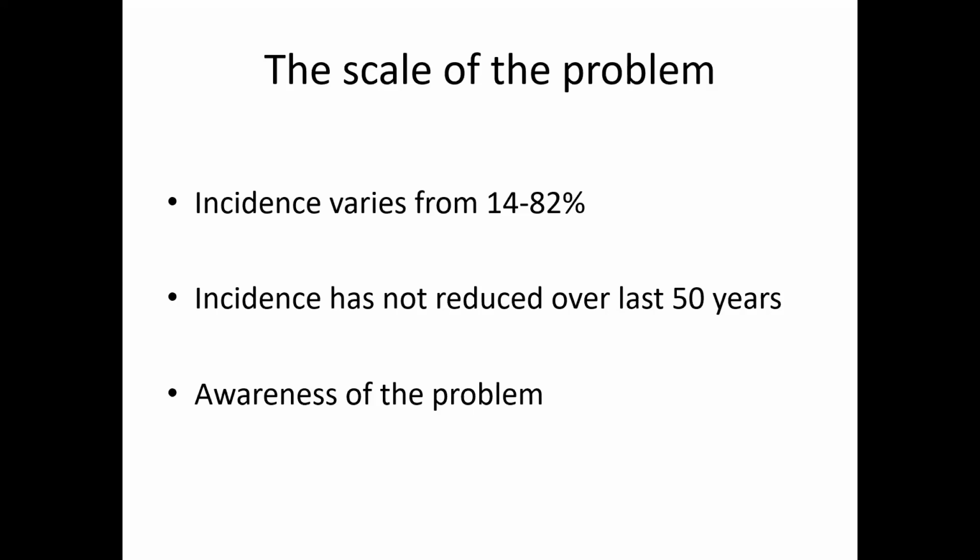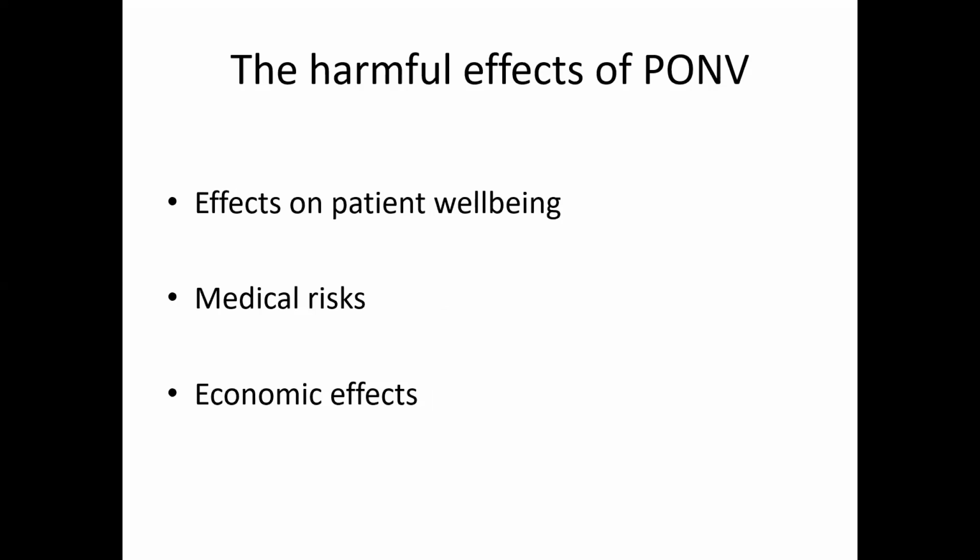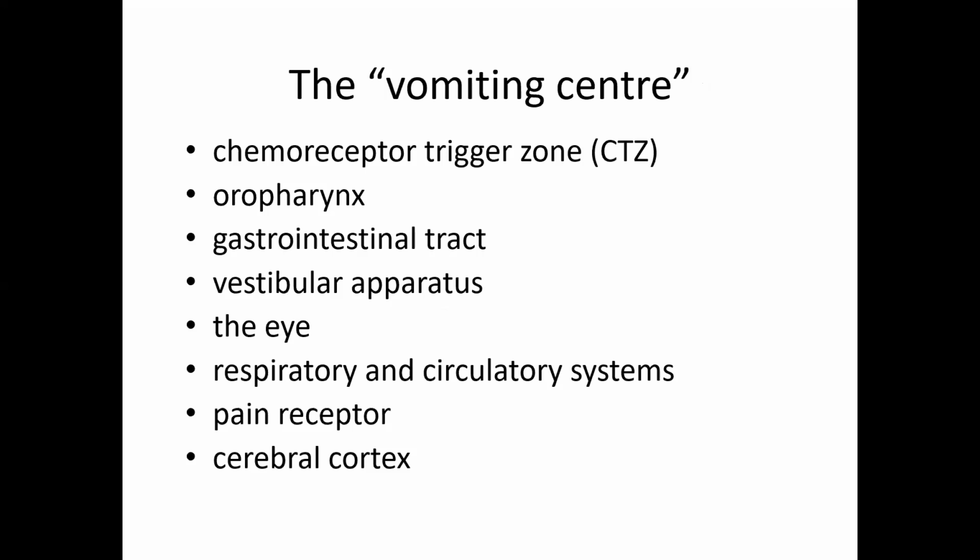It is common and it has been reported a lot, and it's very harmful. The effects on the patient are quite significant. So we usually treat it with many things. Maybe to mention that the vomiting center is because of the chemoreceptor trigger zone, and this chemoreceptor trigger zone is in the floor of the fourth ventricle,